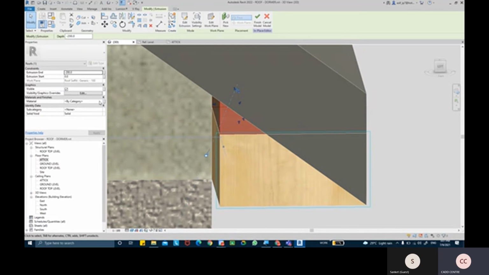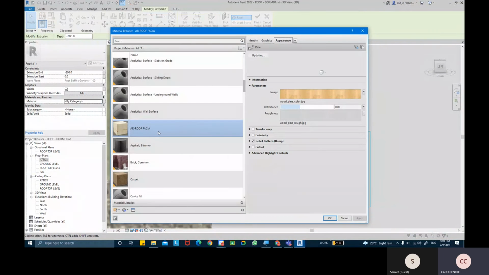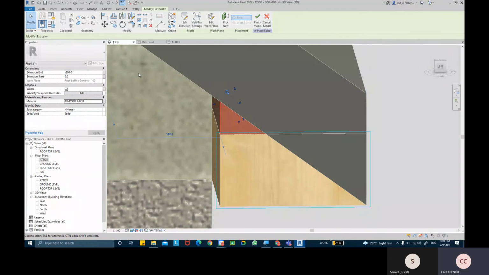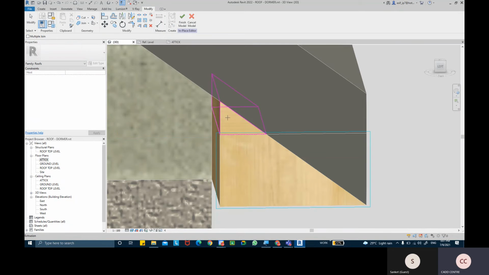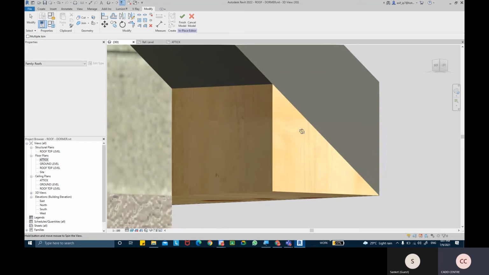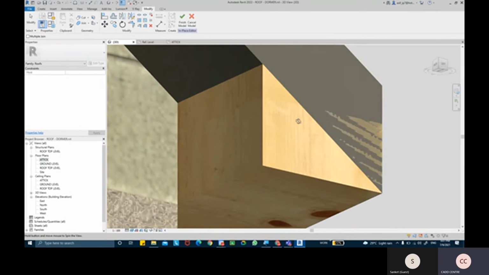You can apply the same material that we applied to that face. You can take the join geometry tool, join this with the soffit, and merge as one piece.